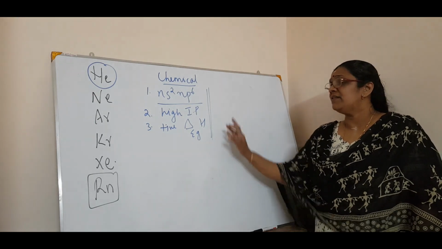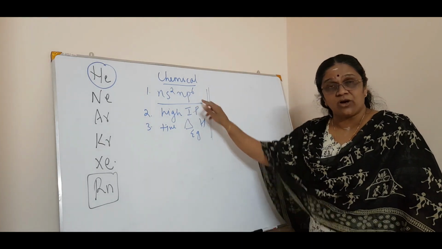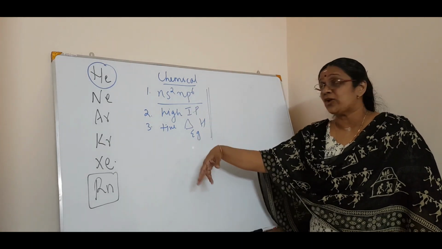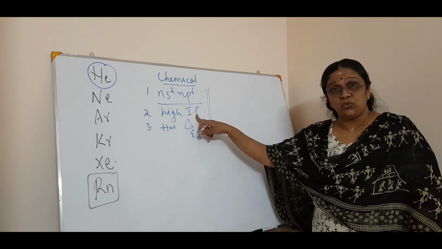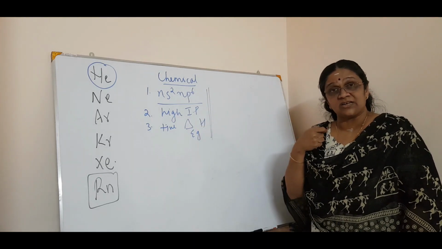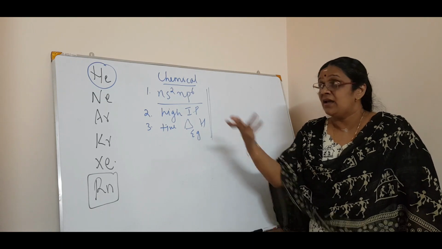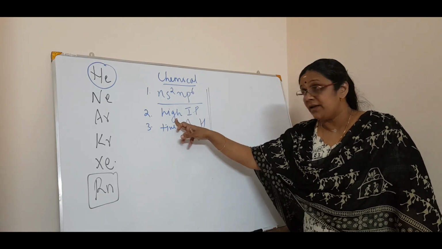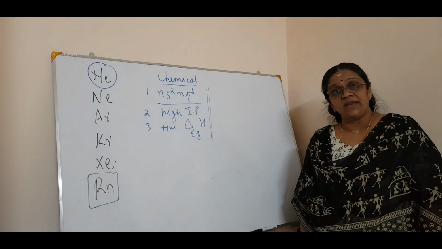That's only important. That is, it has a very stable electronic configuration. That is why they are called noble gas elements. All are gases, all are monatomic. They have high IP. You know that, because IP is the energy to remove an electron. Already it is an octet, and helium is a duplet, so no point in that. So it has a very high IP and a positive electron gain enthalpy.